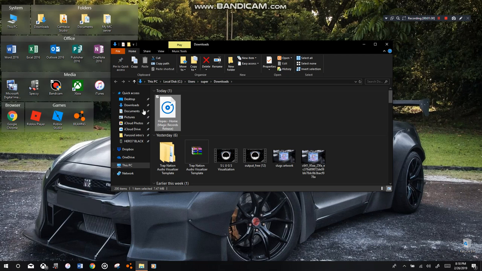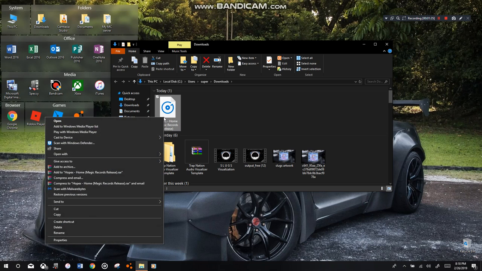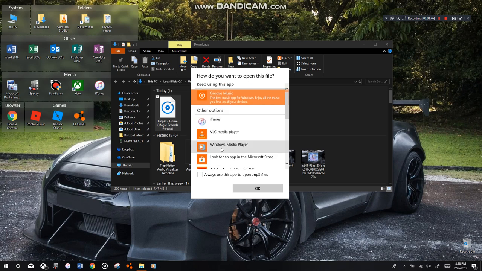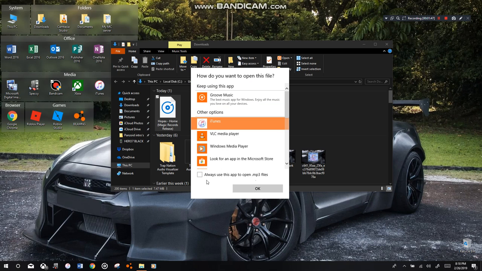Here's going to be your file that you just downloaded. So what you're going to do, as long as you have iTunes on your computer, you can click open with, then iTunes is here. And if it's not, then you can just go through here and find it. And if it's not here, download it. But iTunes,